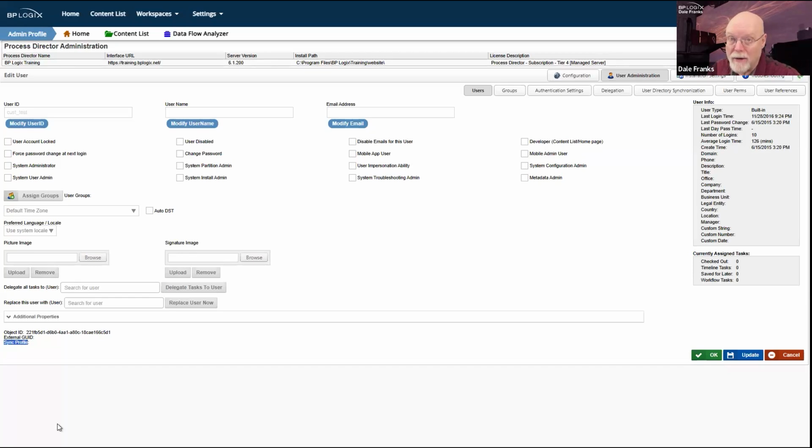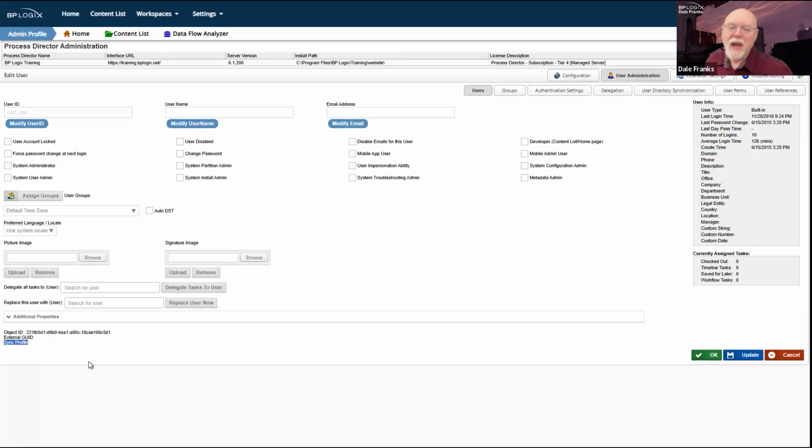He's not. It's the same person, but he has a different SID. So even if I bring him in with the same sync profile, Process Director thinks he's a completely separate user, because his SID was 1 in the sync profile. Now it's 2 in the sync profile, which means as far as Process Director is concerned, that's a completely different user.